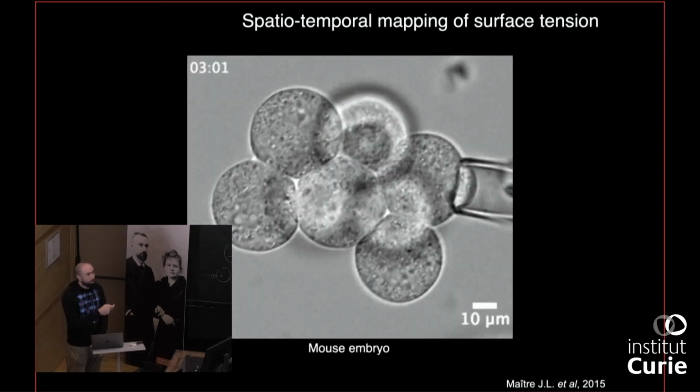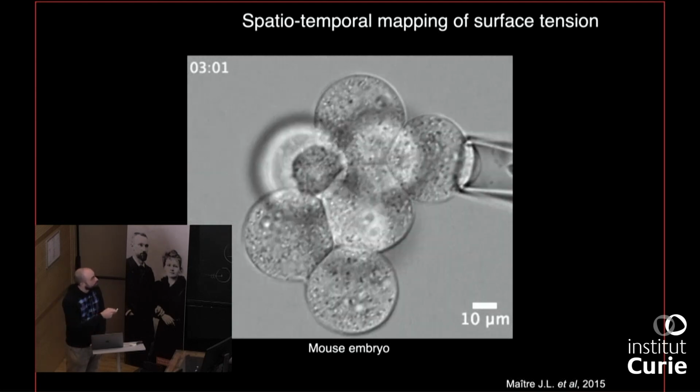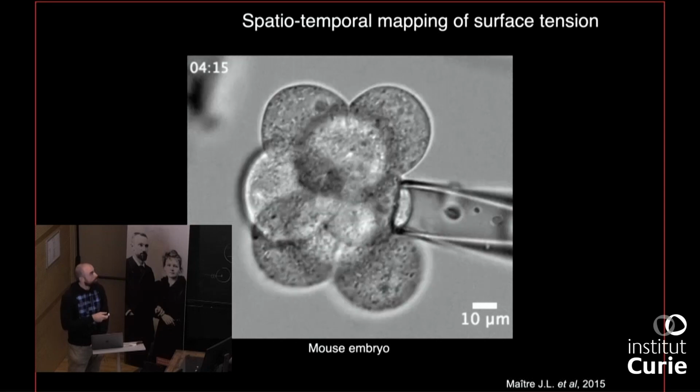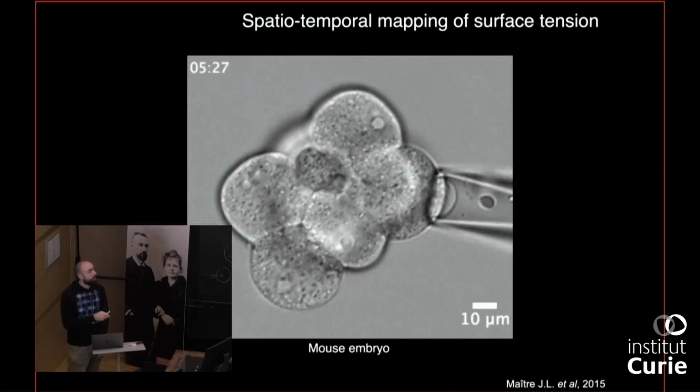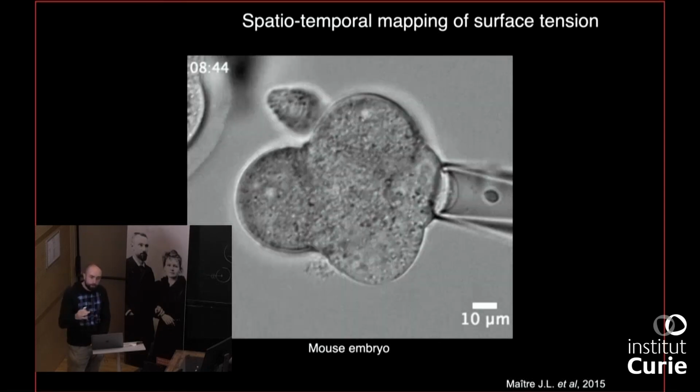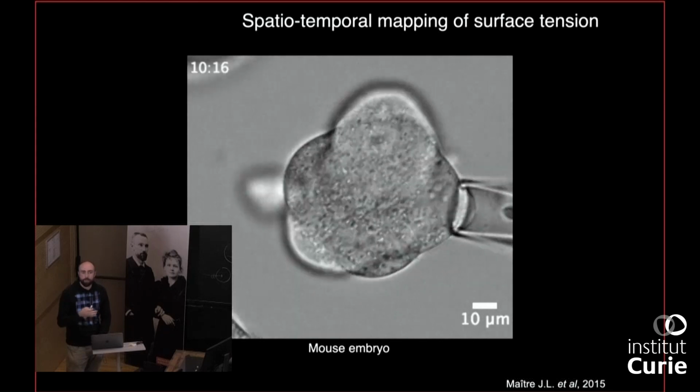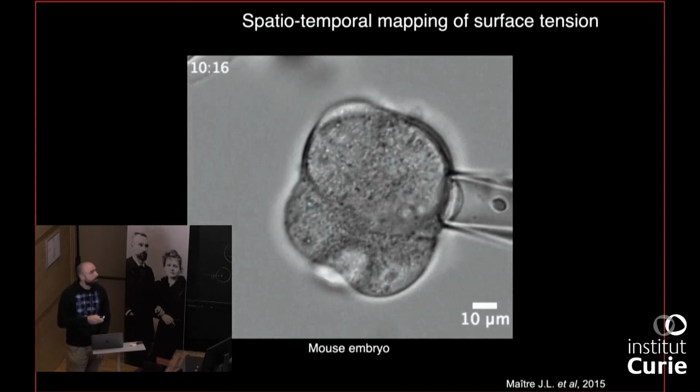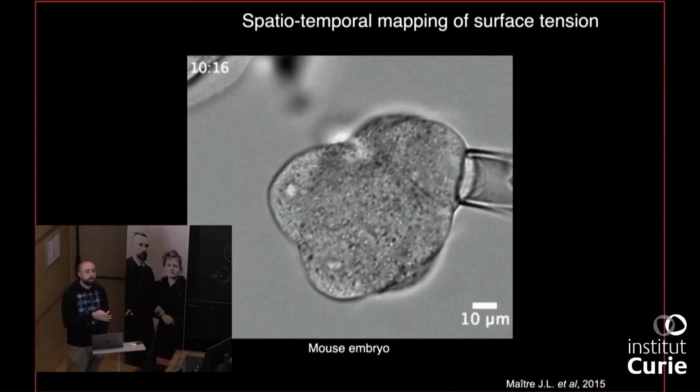Okay, so this is how it looks in the mouse. We had extensively done those measurements in the mouse before we could get our pipettes into human embryos, and this is how it looks. You basically aspirate each cell successively, and you can continue doing this throughout the entire process of compaction because we are not damaging the cells by deforming them. And so you can map the tensions of all of the interfaces in space and time.